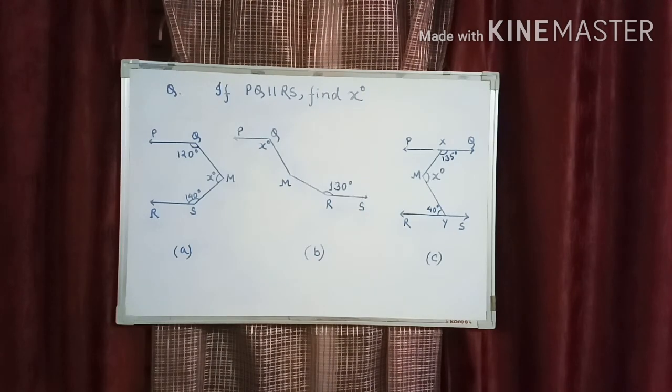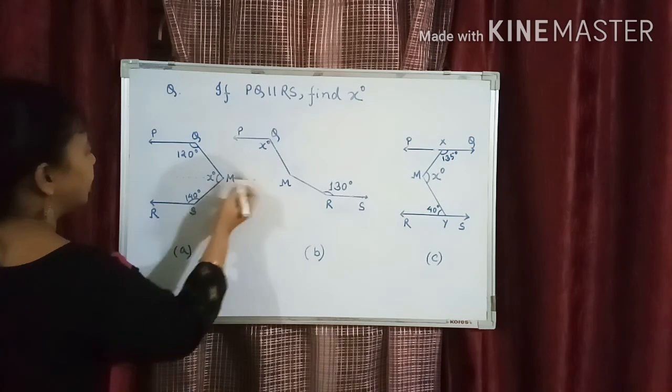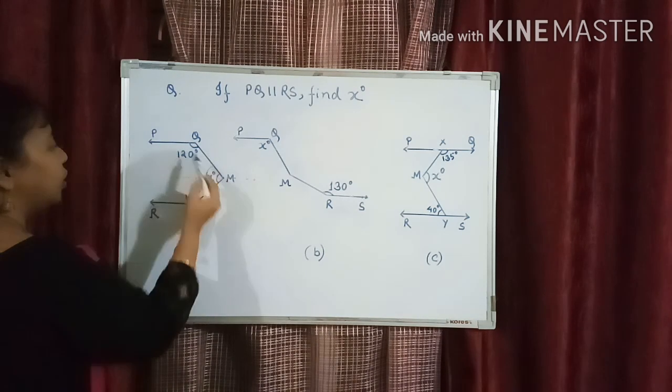Here I am giving you 3 more questions similar to the previous question. Means in these 3 questions you have to draw one additional parallel line. Here PQ is already given parallel to RS. In the first figure, if you draw a parallel line through M, then this side you can find out,